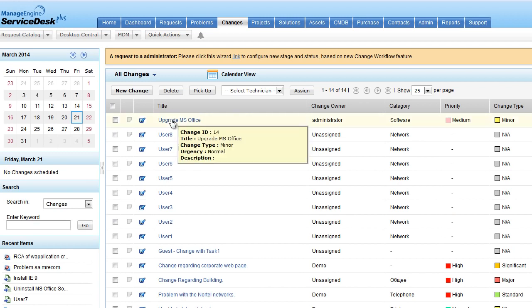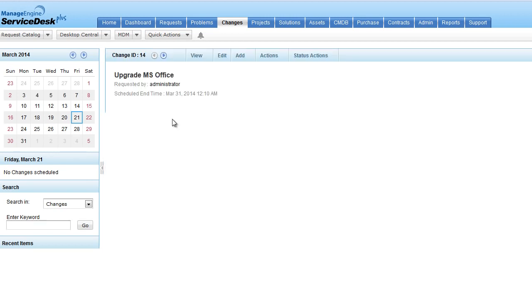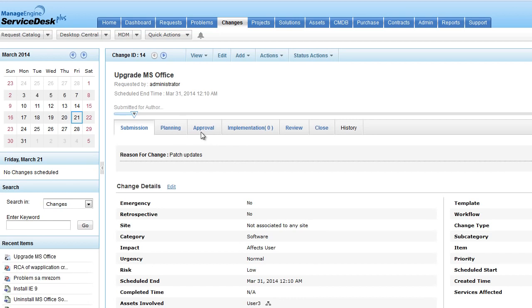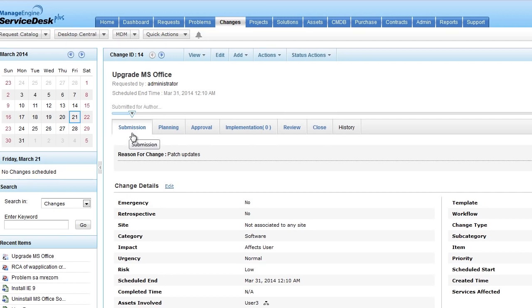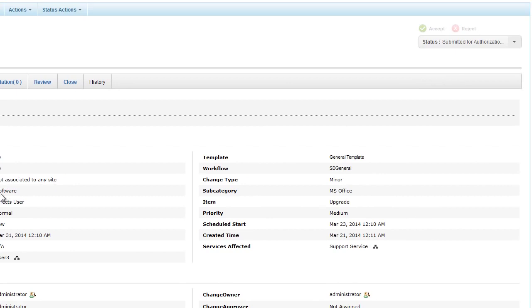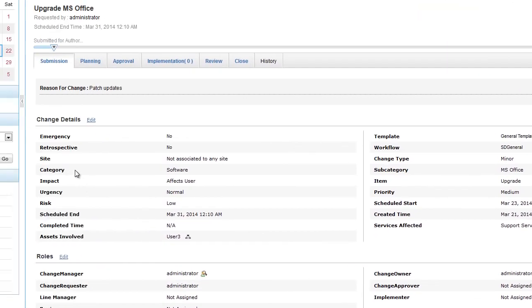Let's click on an existing change. As you can see, there are 6 different stages: submission, planning, approval, implementation, review, and close. Each stage can have different statuses. Like under submission, I can have status saying submit for authorization, requested, or requested for information. This arrow here denotes the current status of my change. Depending upon the actions taken by administrator here, who has been assigned the role of change manager,